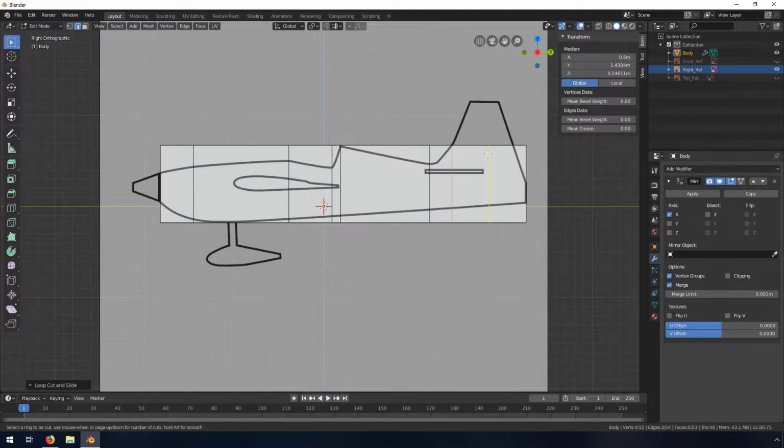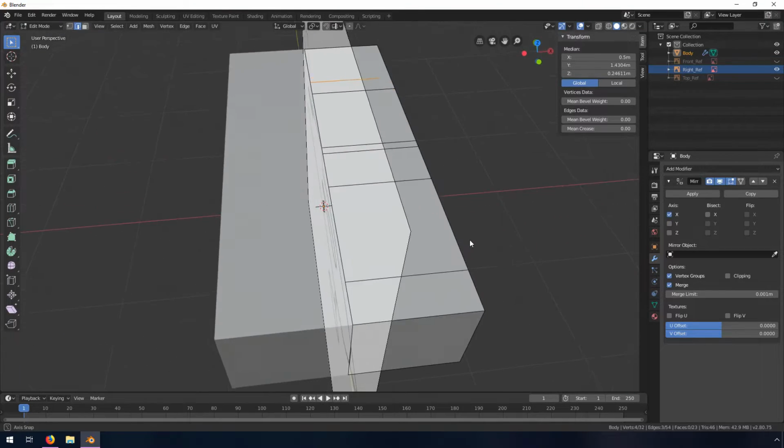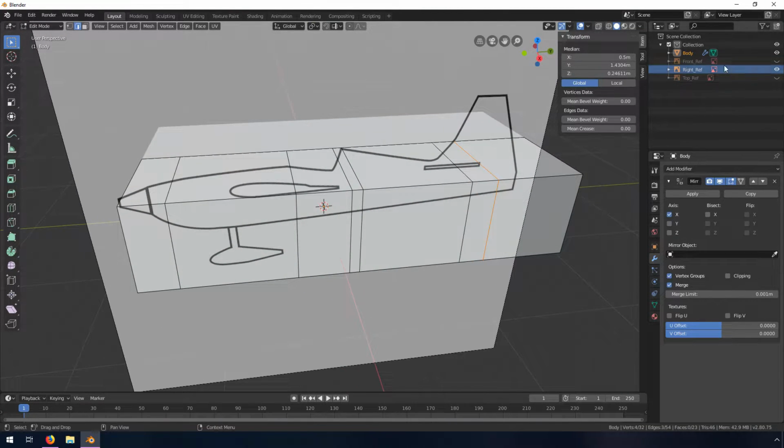I'm not sure how much detail we need back here actually. So I'm going to right click and I'm going to Control Z to undo that one. We'll come back. Okay, so now I have these shapes right here, and what I'll do is I'll go back into that right view,